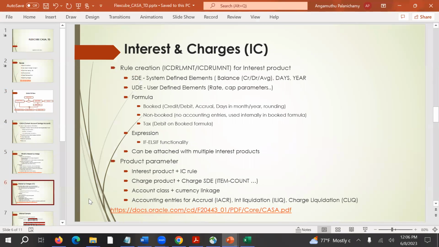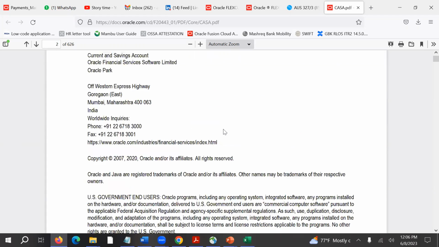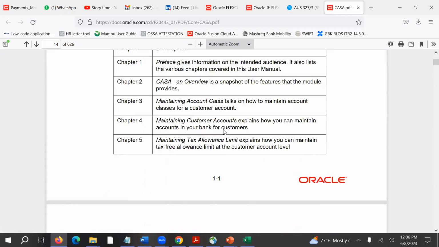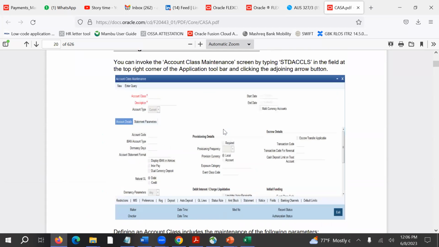This is an interesting challenge. Yes, this is the sample screen where I give the account class description, and the start and end date, and